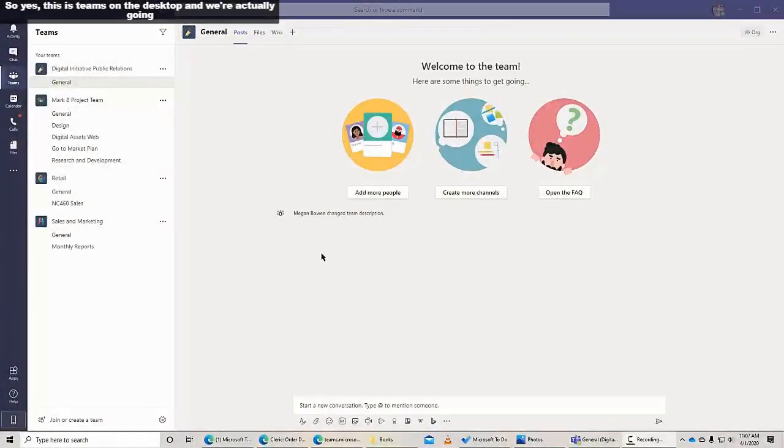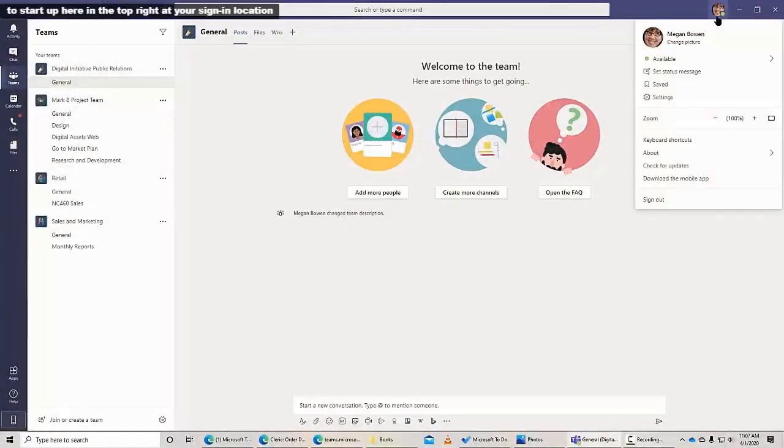Here we go. So yes, this is Teams on the desktop, and we're actually going to start up here in the top right at your sign-in location information. And I'm starting today's demo, and I'll be running through it as Megan Bowen of Contoso Enterprises, our favorite fake corporation here at Microsoft. Right up here, first of all, you can see who we're signed in as and our